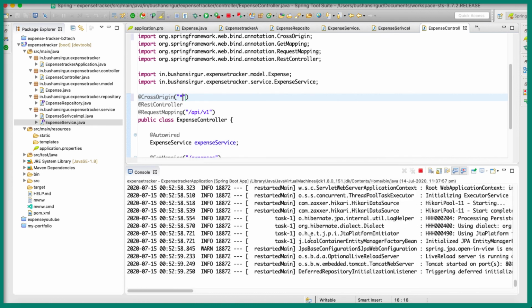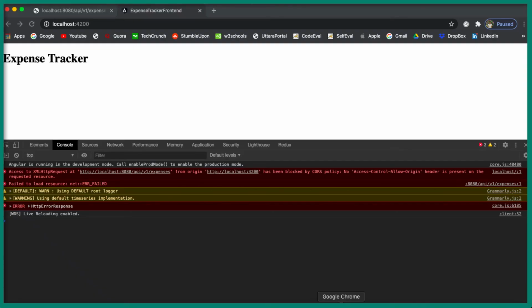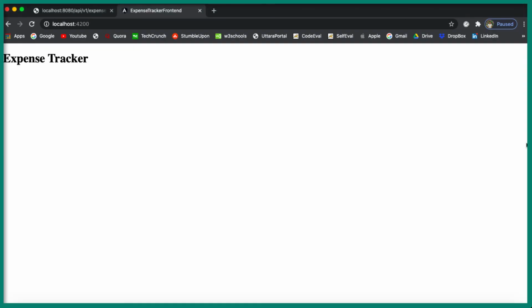Alright, now the application has been rebuilt. Now let's go to the browser. Let me close it and let's reload the web browser. We should expect the list of expenses. As you can see, we have 2 records, monitor and Apple Watch, and that is displaying in the browser. We are not displaying the description because the description is optional, so we are only displaying the expense name and the amount. And you can also see the rupee symbol, which is the Indian currency symbol.